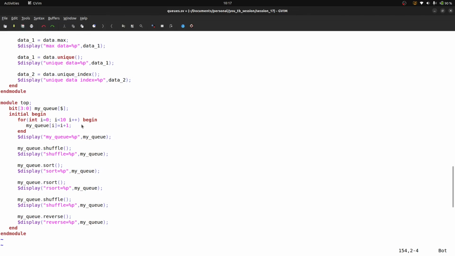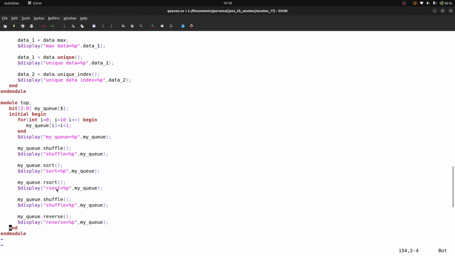So guys, what we are doing inside that code, simply we have run a loop from 0 to 9, and after that we have written my q of i is equal to i plus 1. So what is the meaning of that? This i inside the square bracket is denoting the index value. So the index 0 of my q will be 0 plus 1, that will store 1. On index 1 of my q, 1 plus 1, that will be 2, like that. Okay, after that I am shuffling the elements. What is the meaning of shuffling? Elements will interchange their positions. Okay, after that sorting, it will give the values in ascending order.